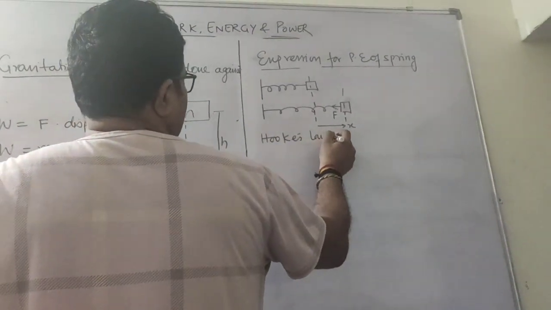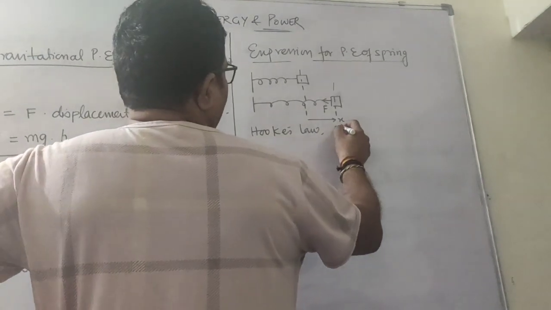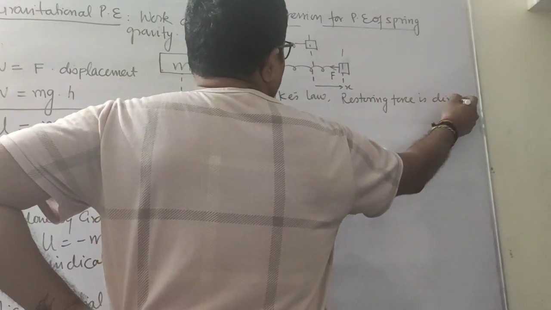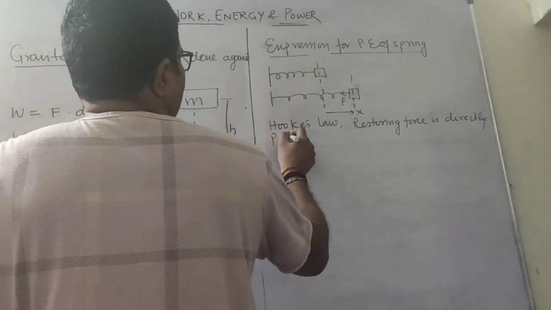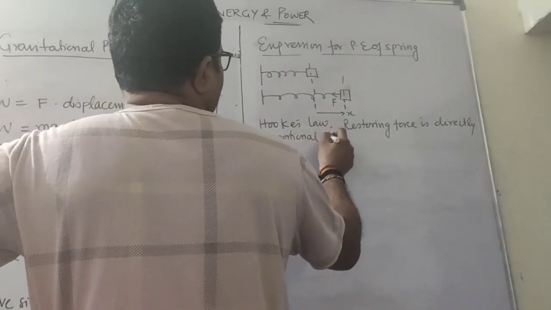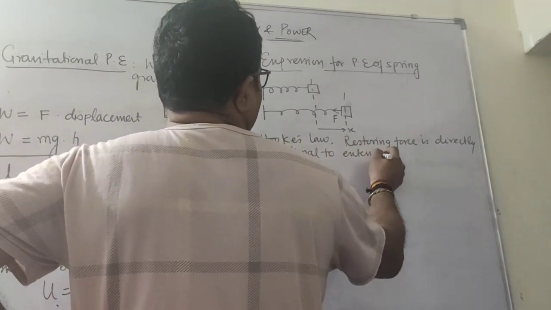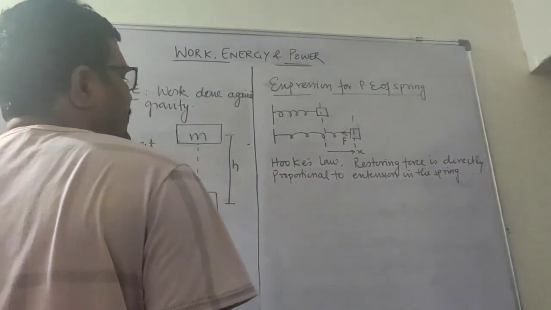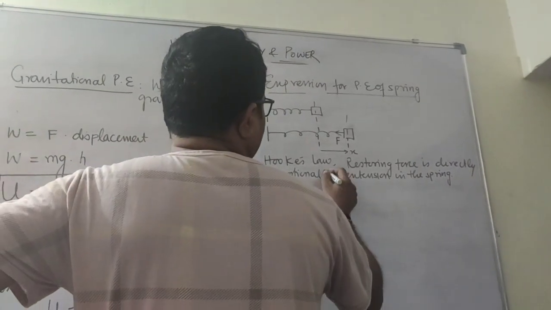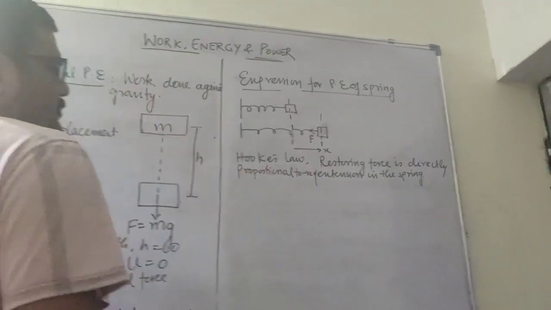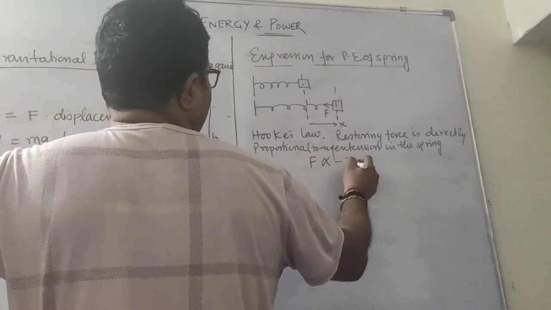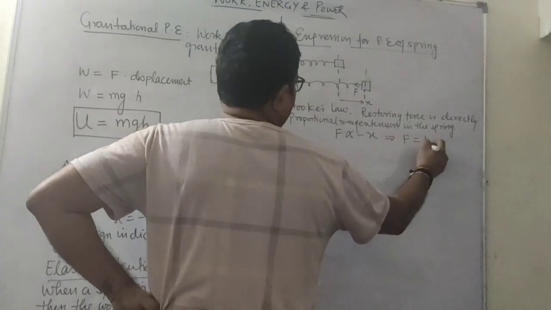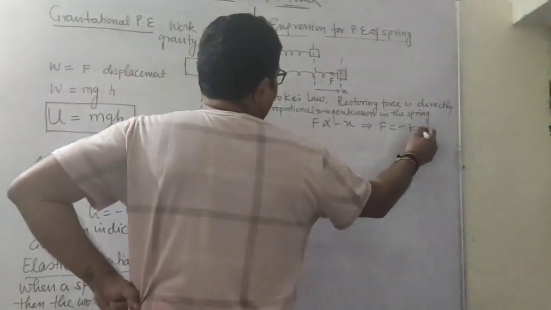Hooke's law in elasticity says that the restoring force is directly proportional to the negative of the extension in the spring. So here F is directly proportional to the negative of displacement, which means that if we open this, we will get a constant, F equals minus kx,